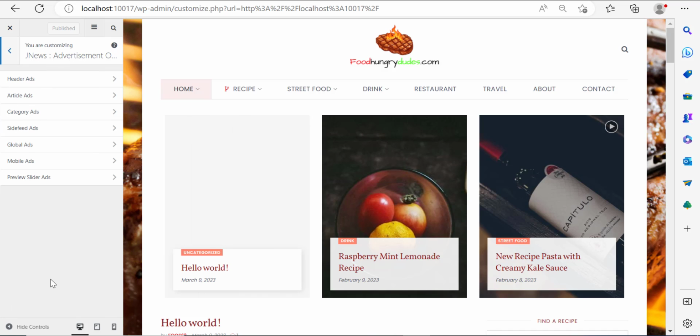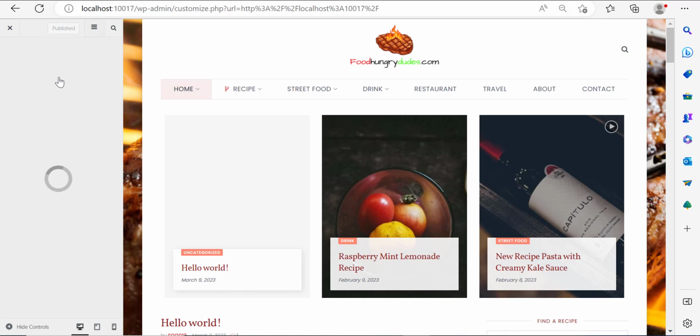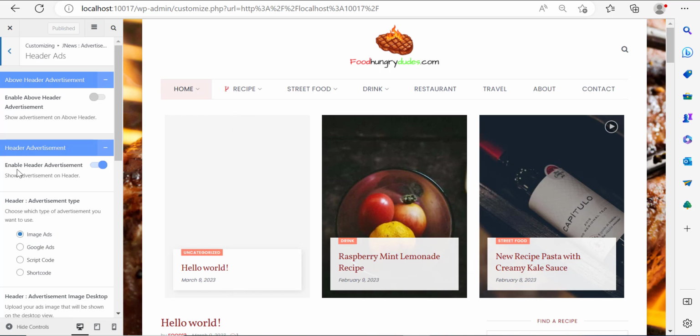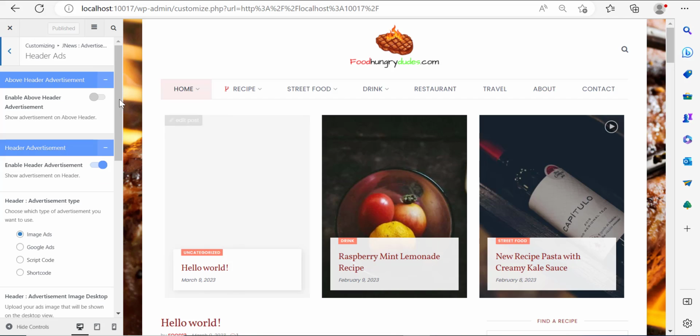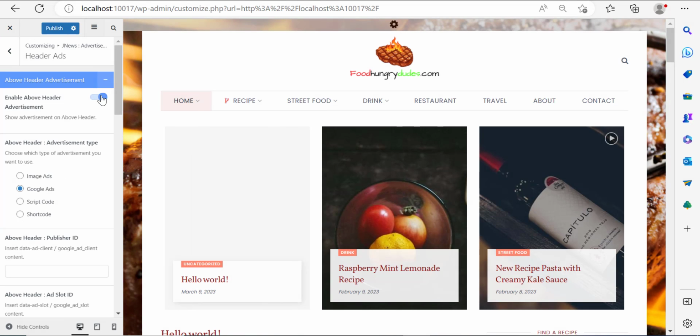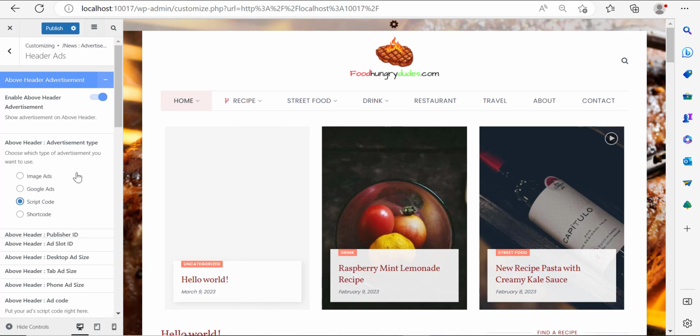Click on that, right? Header ads, click on header ads. And so right now, let me show you the magic on how to place ads and make some money. So over here, if you want to enable above header advertisement, just like I did with this website, this is how you do it. Just check this box over here, click on script code, and you should be signed up